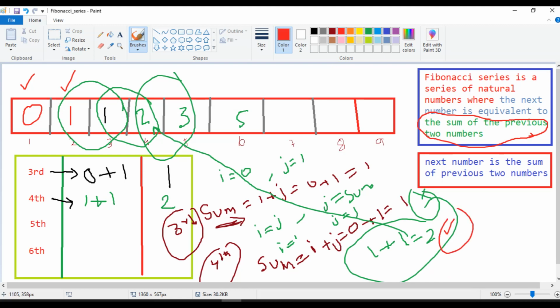So while implementing the same logic programmatically, we need to remember some points. First, we need to properly do the sum, means the addition. After performing the addition, we need to properly do the swap, right? Swap we need to do. Okay, the same logic I will implement programmatically. Observe carefully.